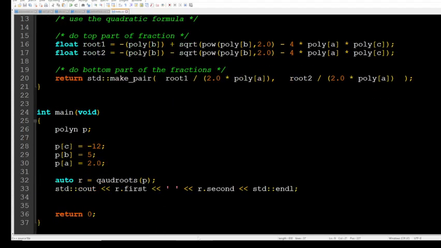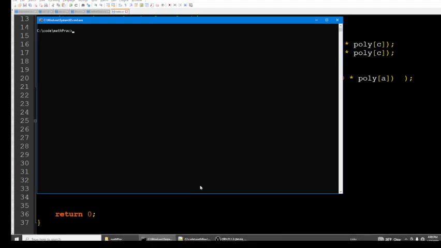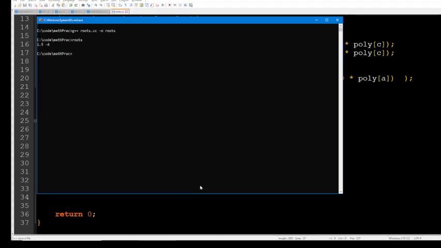So real quick, let's compile this and see how it runs. So I checked the actual textbook, and that would be a correct result. So it has a 0 at x equals 1.5, and it has a 0 at